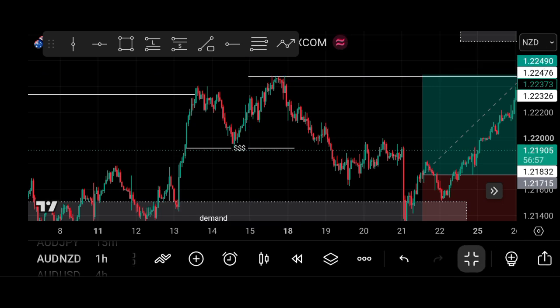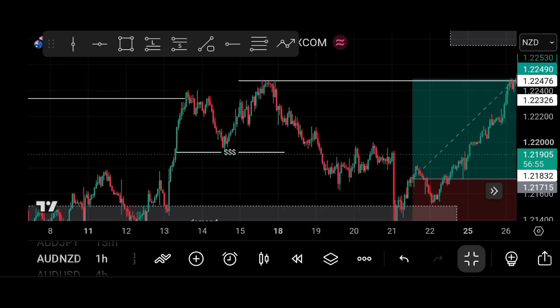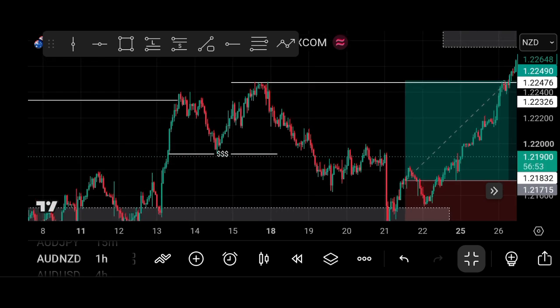Okay, so price played out nicely. It even went higher, but you make sure that you are taking conservative take profits. One can aim for 1 to 5, 1 to 6, 1 to 4, but if your take profit exceeds a conservative level, you have to start trailing your stop loss to make sure that you do not give back to the market more than you plan. All right,